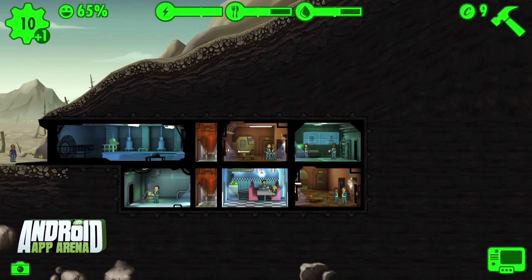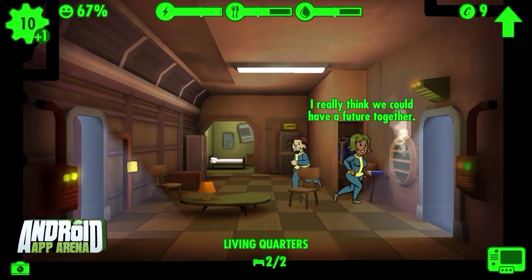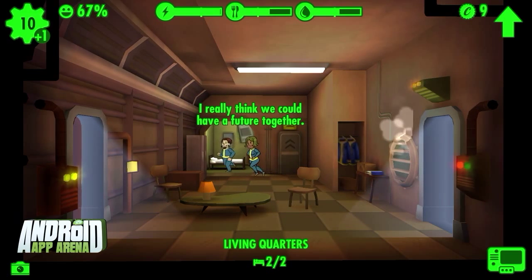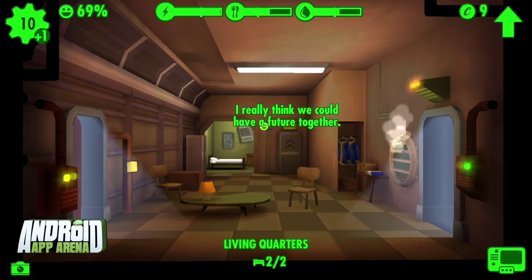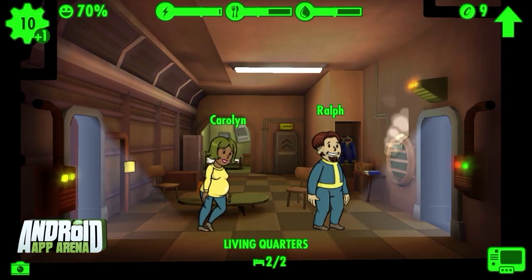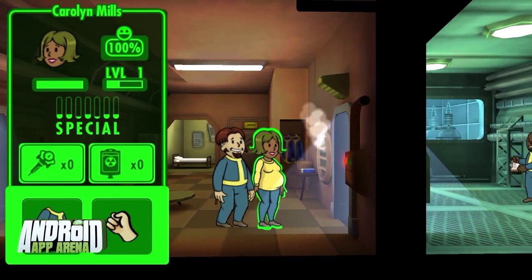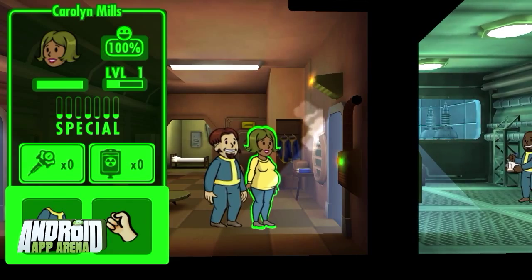Not only that, there's these living quarters where the boom chicka chicka happens, if you know what I mean. That's right, pair up a man and a woman in that room, and if the chemistry is there, they'll hit it off, start dancing, and then move to someplace a little more comfortable, whereby the lady will emerge with a baby in her belly. I'm serious. That ultimately increases the number of residents inside your shelter once the baby is born.